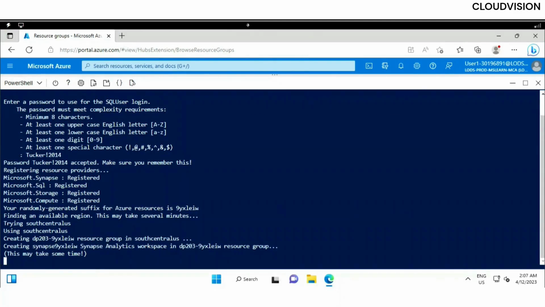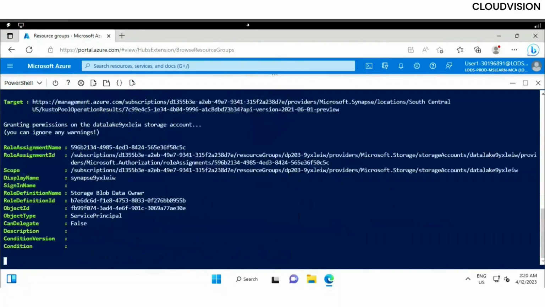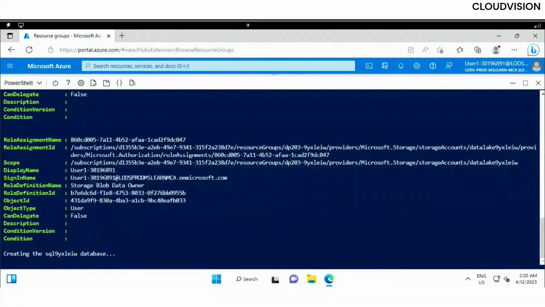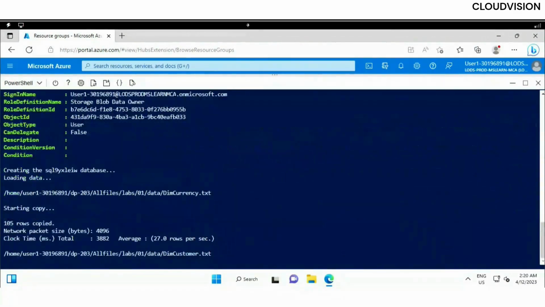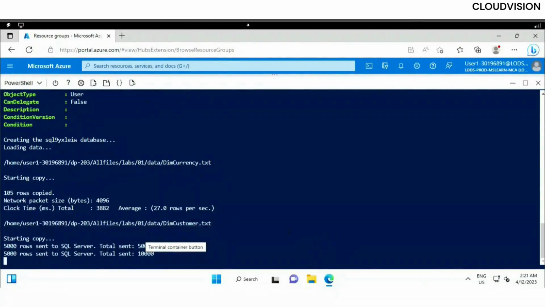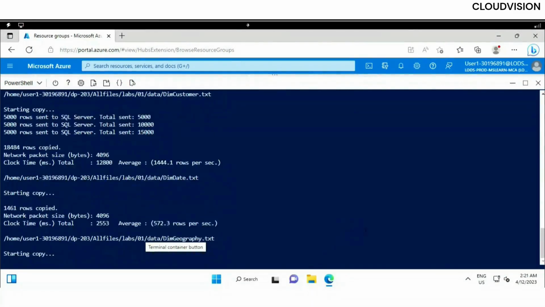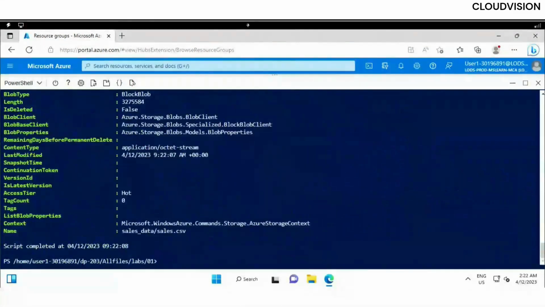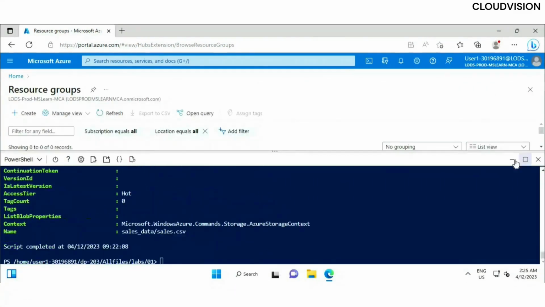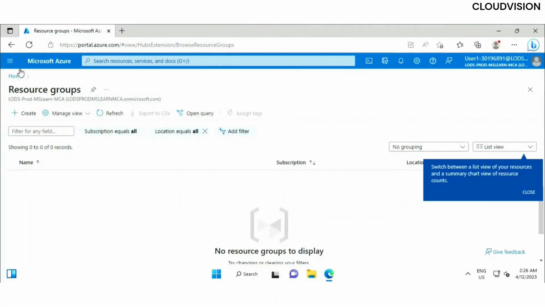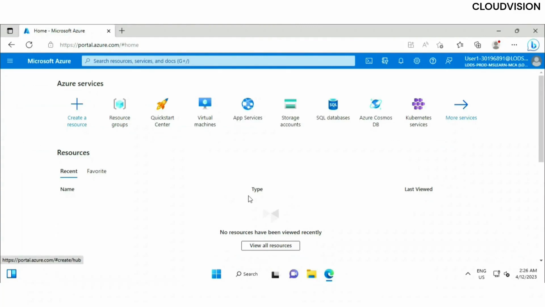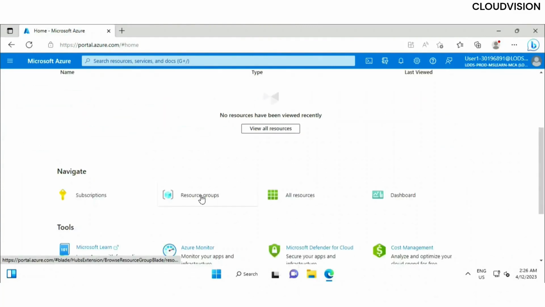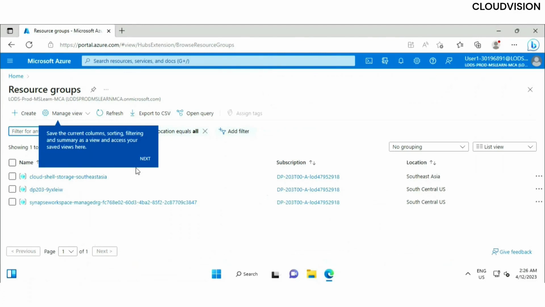Okay, now the resources being deployed to South Central US, you can see. Now all the relevant resources has been deployed successfully. Now we need to proceed with the next step. Minimize this PowerShell, and let me go to this home, and I'll go to this resource groups. And now you can see